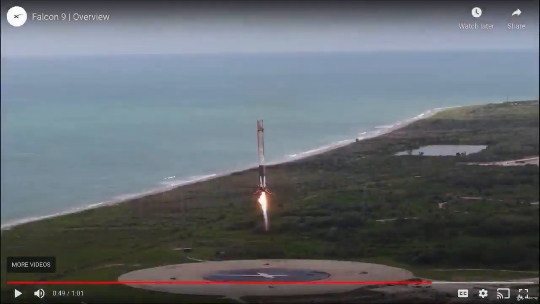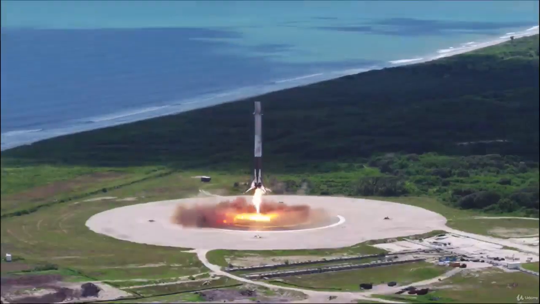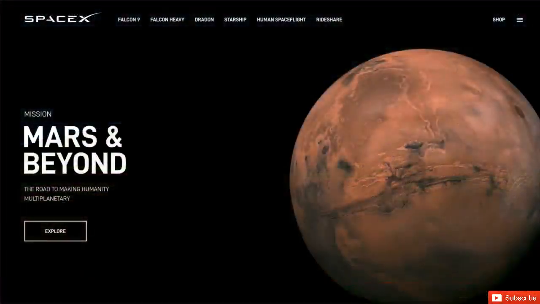SpaceX has achieved some amazing things, like developing rockets that are reusable and that land after sending some spaceship out into space. How cool is that? And another of SpaceX's missions is to send people out into space, with the goal of